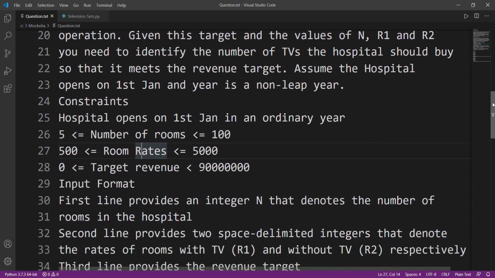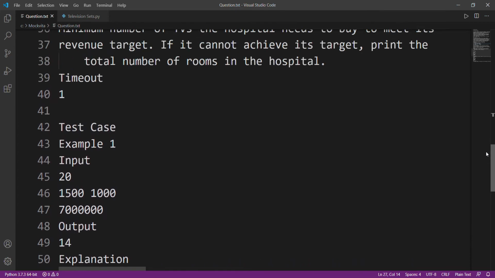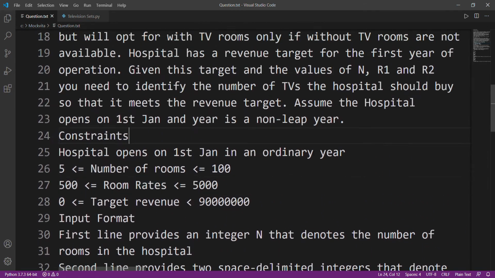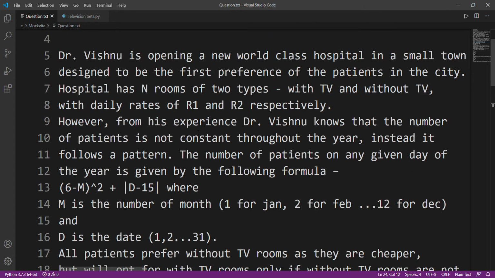In one test case, we will be provided with only one number of rooms. I don't know if you know or not, but CodeBeta provides a lot of leniency when it comes to time limit exceeded cases, and that was something we had to take advantage of. This is why I've mentioned that you should use brute force in this question. Why? Because firstly, the number of patients coming is not constant. With the help of this formula, you need to create a list in which you will store the number of patients that will come, and that is all you need to do.